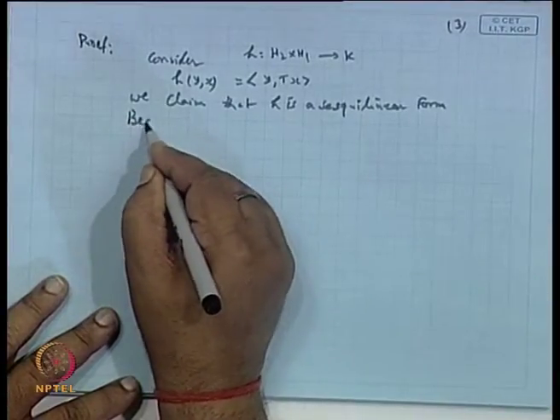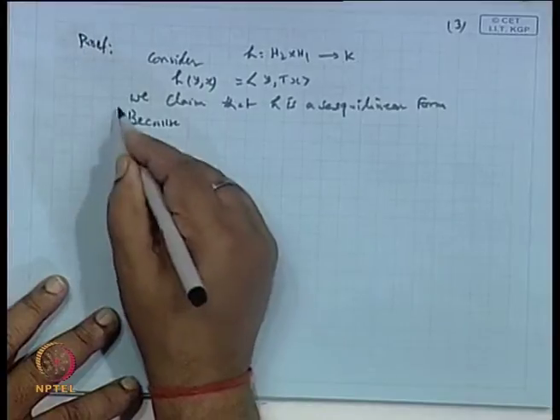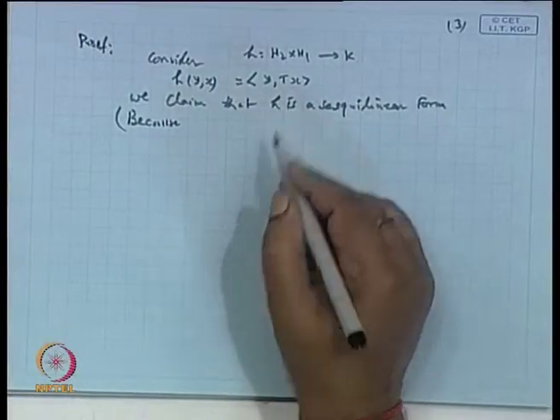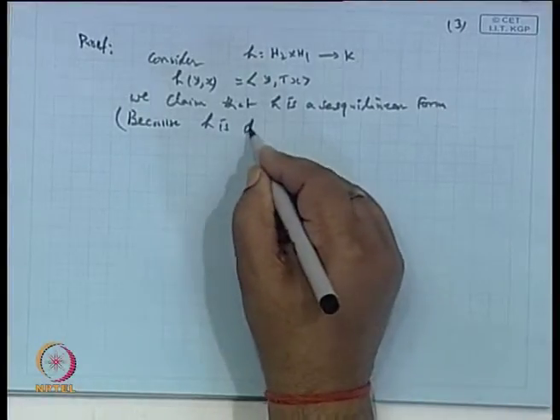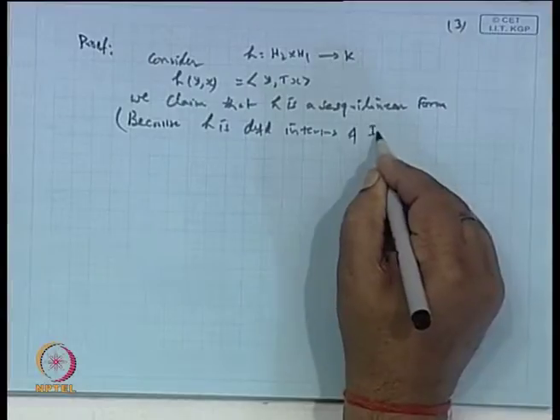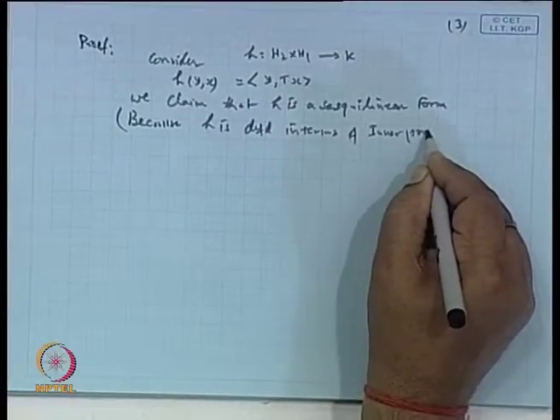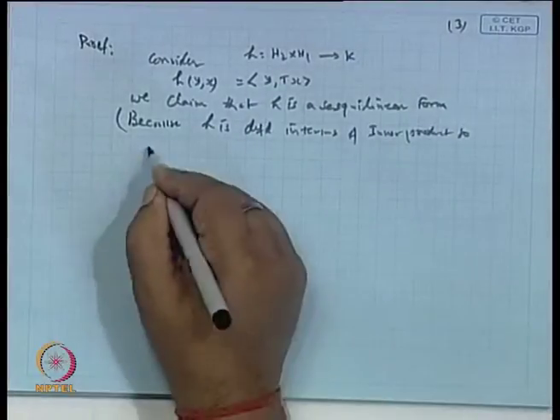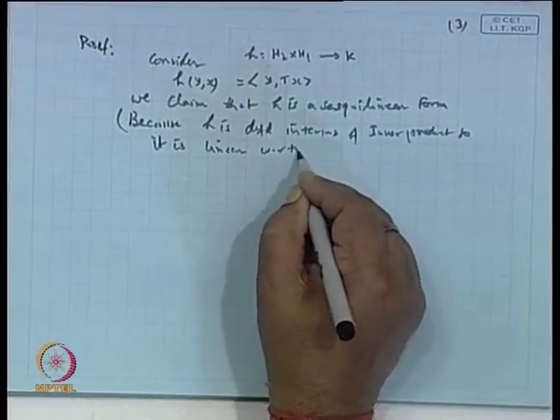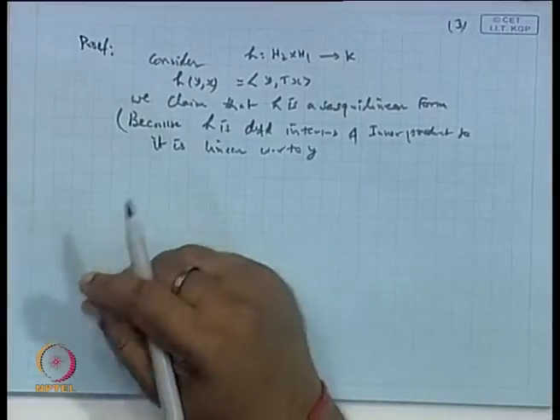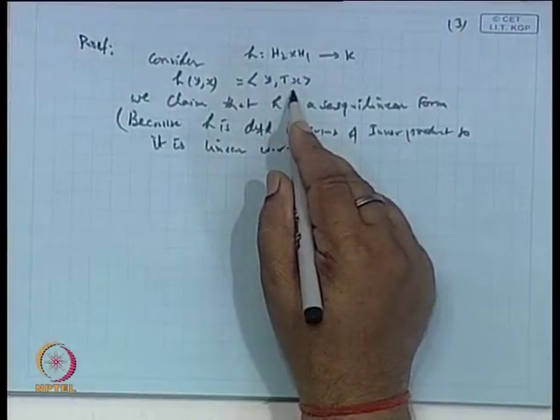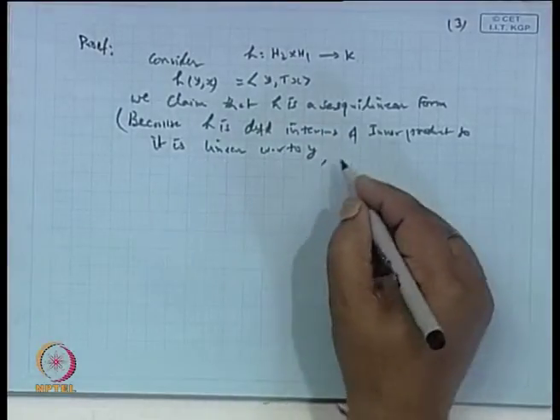Because h is defined in terms of inner product. So, it is linear with respect to y, with respect to the first coordinate y. Conjugate linear with respect to the second coordinate,